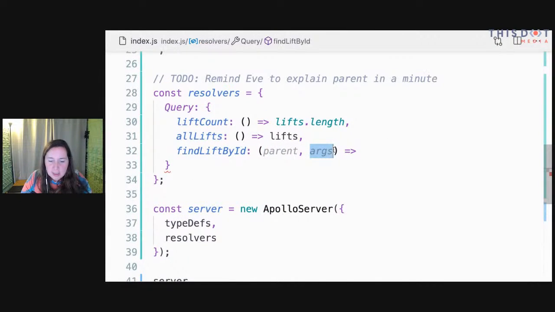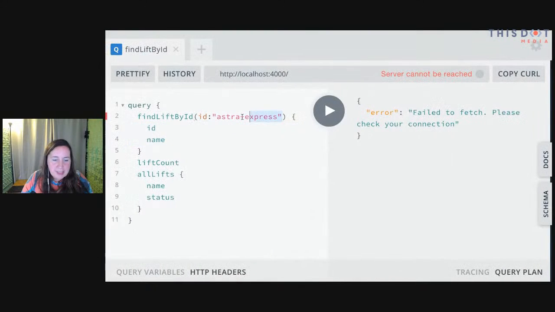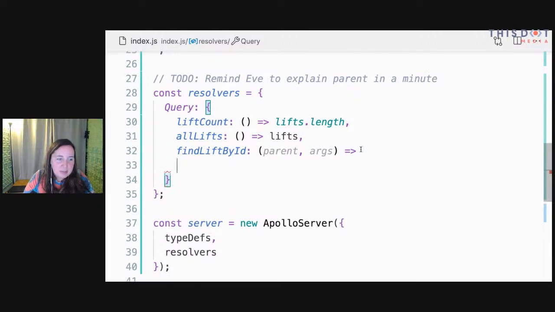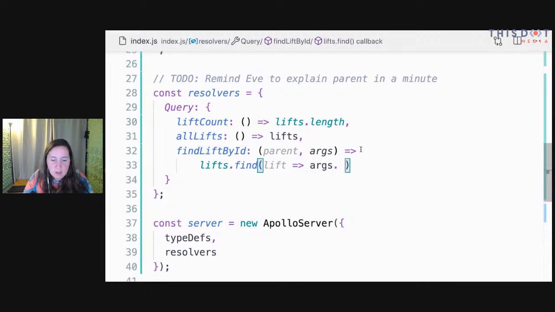So these arguments, the second argument that is passed to every resolver, that's how we're going to be able to capture these values from the user and filter accordingly. So we're going to capture those from the user, and then we're going to take our lifts array, and we're going to use the find method of JavaScript, and find is going to iterate through an array, and it's going to find a single object inside of it. So we'll say find, we'll pass in each lift. So for each lift, we want to compare args.id with